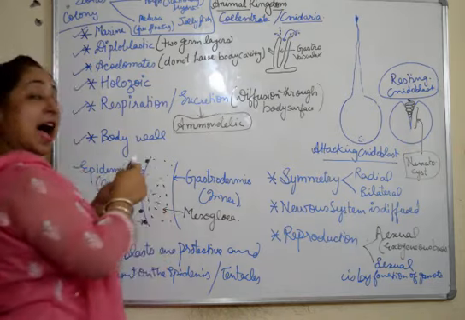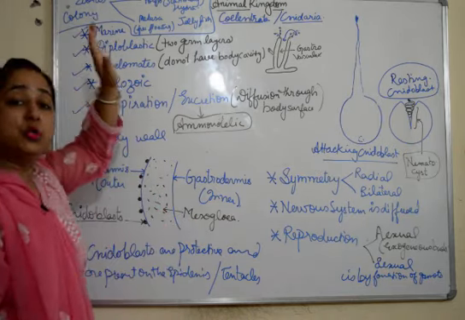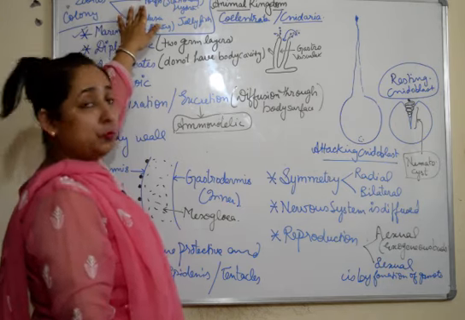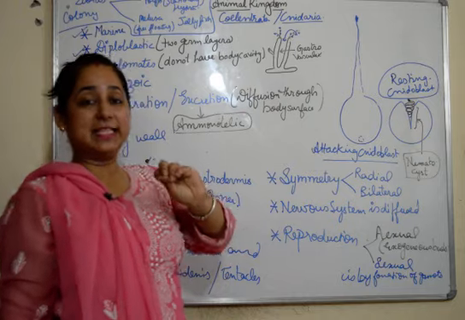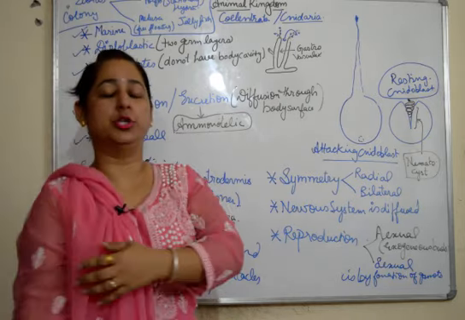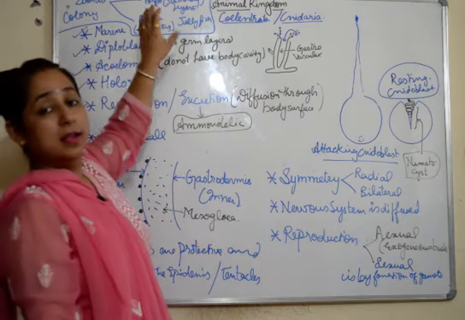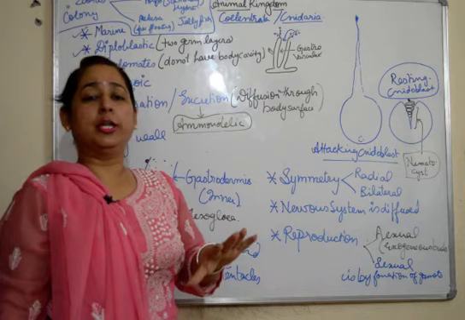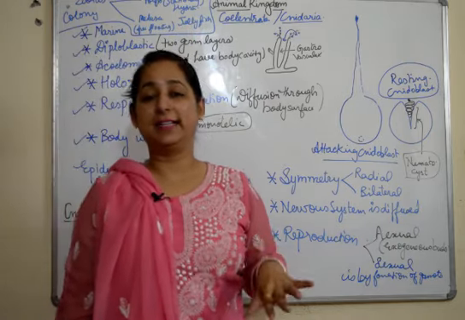Fine. This is the last characteristic in which we discussed that in colonial form they are known as zooids. Can be in the two forms, polyps and medusa. Polyp is a stationary or sessile stage. Example is hydra, which is attached to its surface. Yes, it shows locomotion, but most of the time it's stationary. And medusa is a free floating type, example is jellyfish. So in our next video, we'll be talking about hydra and jellyfish, which are the examples of coelentrates.